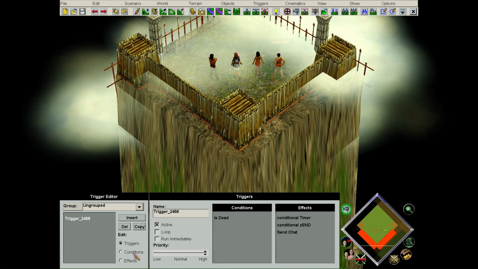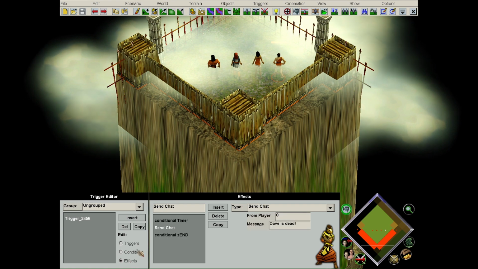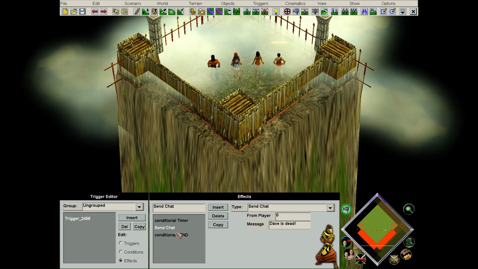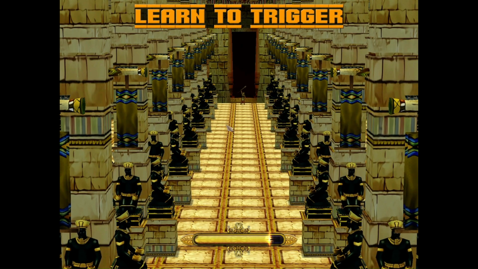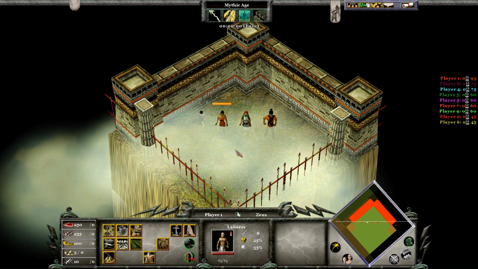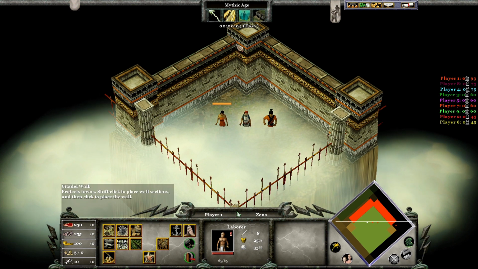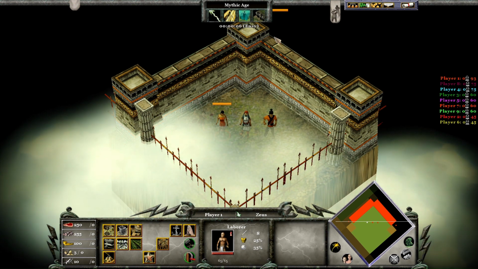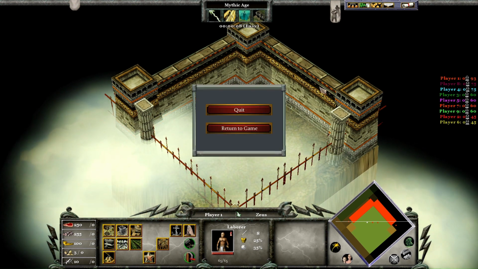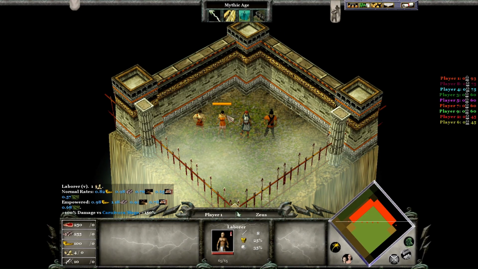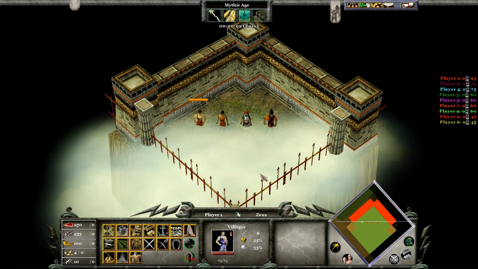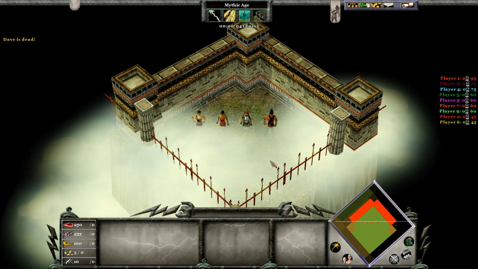So what's this going to look like? When the villager is dead, there will be a conditional timer that has our chat. So if we delete our villager very early, before that timer, you'll see that even after we've expended that timer, nothing's happening. If we're going again, and we're waiting a little bit this time, and now deleting our villager, we